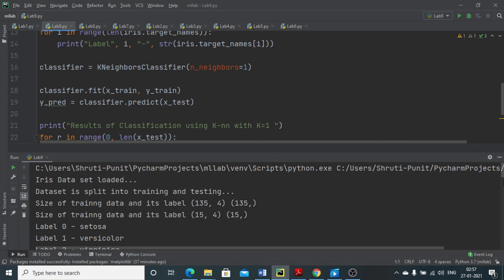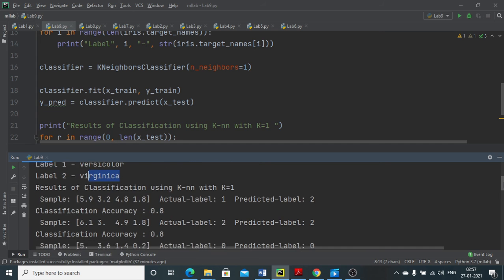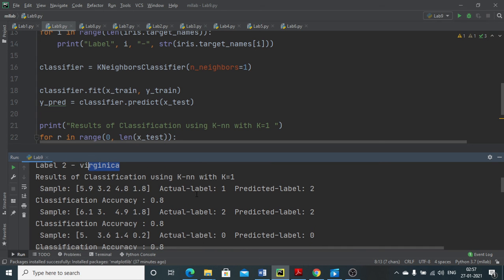Okay, so label 0 is taken for one type of iris flower. Label 1 is another type, and label 2 is for a different type. Whenever the correct predicted label is taken, label 1, label 2, label 3 will be denoted according to the different accuracy levels. Okay, so this is regarding the 9th program.